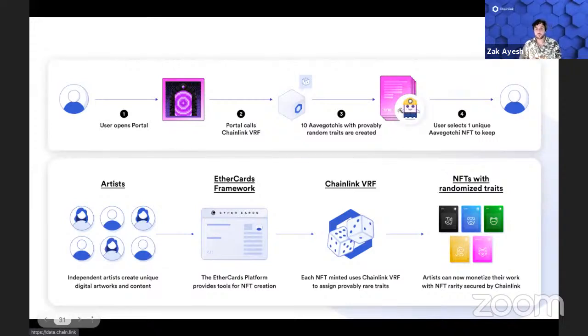So where are we seeing this being used the most? Right now, this is being used a lot in gaming and NFTs. NFTs are super hot right now. I'm sure you've been hearing a lot about them. So you can use Chainlink VRF, for instance,